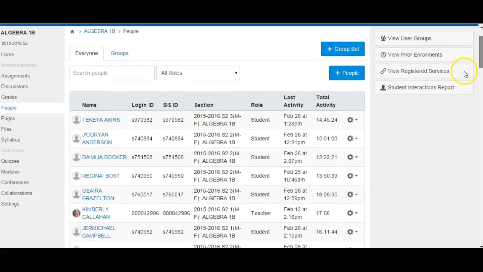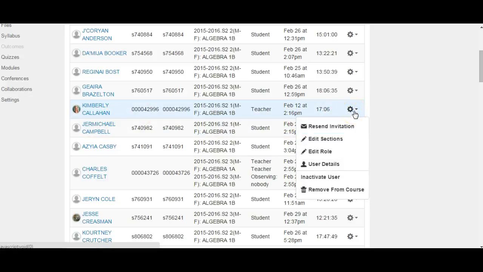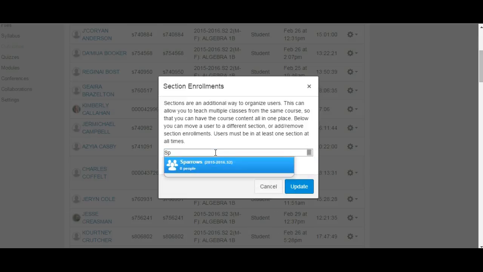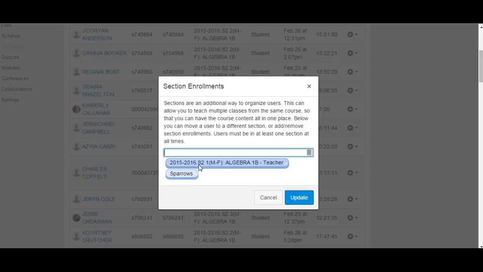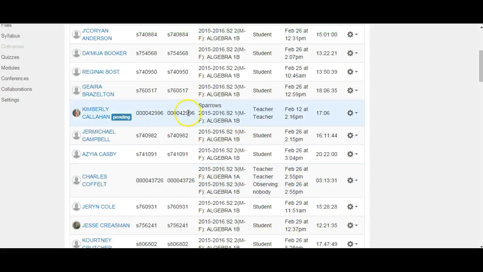But what I can do is take a particular student. Let's take Miss Kimberly Callahan here, and let's say we want to add her to the Sparrow group. What we're going to do is click on the gear beside her name, and we'll edit sections, and it'll bring up this menu, and you can see she's already added in as a teacher. I want to add her in as a Sparrow, and there you can see that is an option. I click on that and hit update, and now she is part of the Sparrow group,